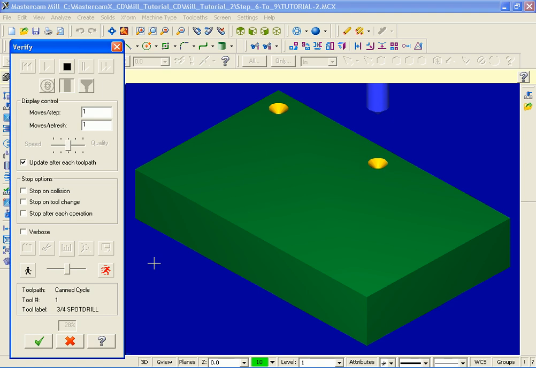Up first is our spot drill operation, followed by peck drilling, and finally our tapping. I'm going to pick OK,